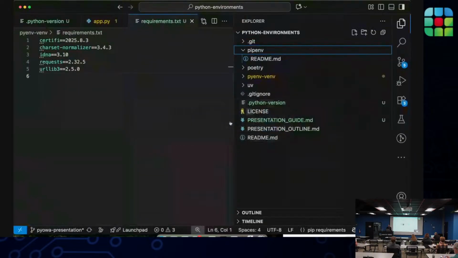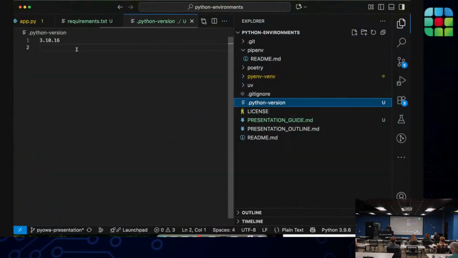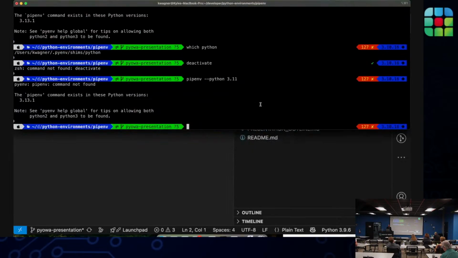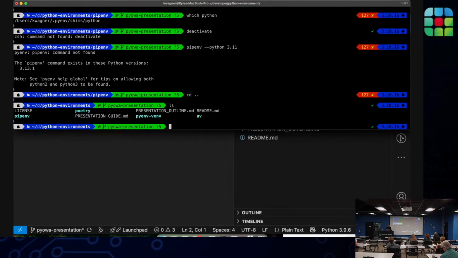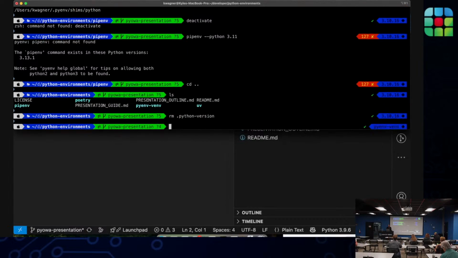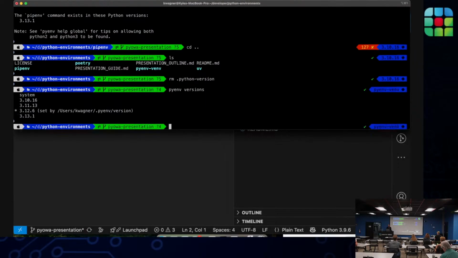Okay, let's go back to our project. And let's just remove the Python version file and check pyenv versions. Okay, we're on 3.12.